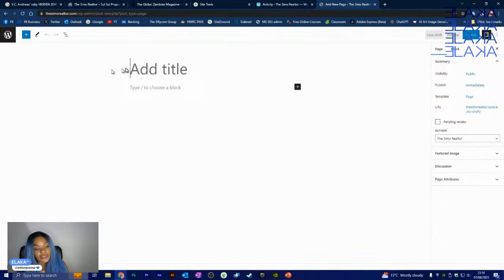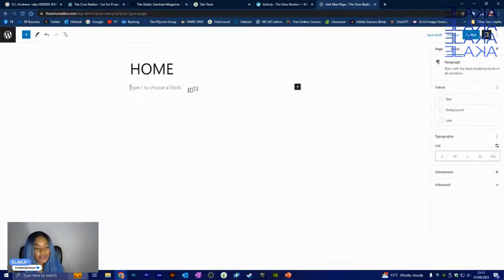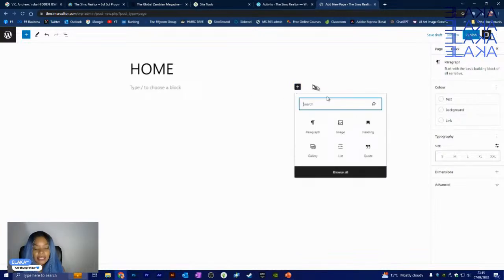So it's offering you the option to add a title. In this case, we do not have a home page. We've got the about us page, which is fine, but we do not have a home page. So I'm going to go ahead and click on home. And then within the home page, obviously, it's giving me the option to type, to choose a block, etc. And so the home page for this one is, if I want a slideshow,